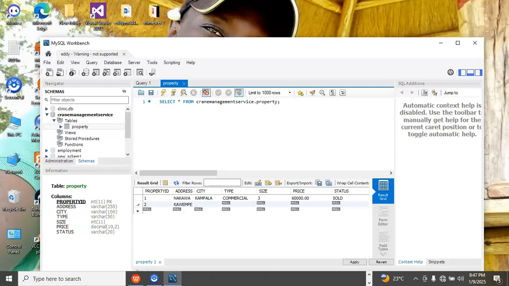Next, I'm going to say Kampala. Next, I'm going to put residential. Next, image maybe for 56. I'm going to put the money maybe 500. I'm going to say rented. If I say apply,